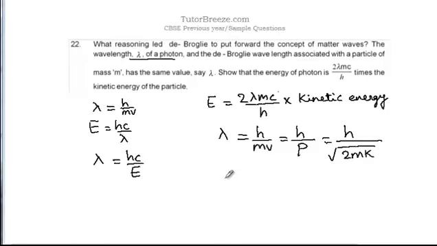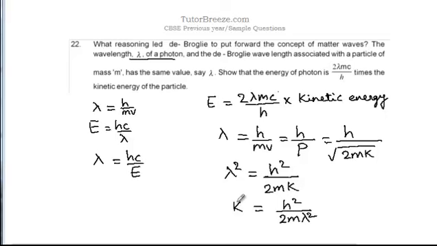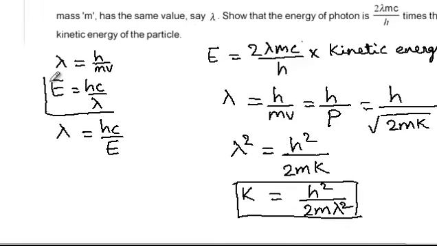So we have lambda squared is equal to h squared over 2mK, or the kinetic energy of the particle is equal to h squared by 2m times lambda squared. So this is the kinetic energy of a particle, and we know that the energy of a photon is given by hc over lambda. So next we'll take a ratio of these two quantities. So K over E would equal